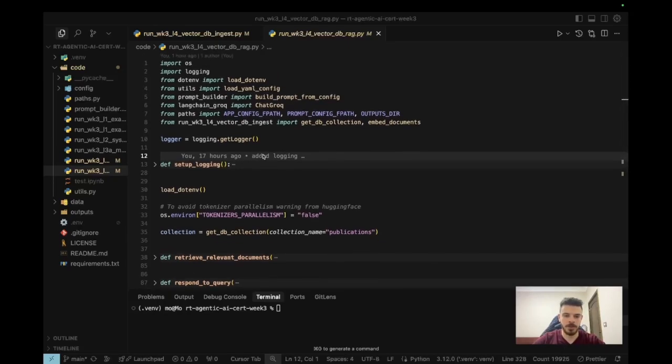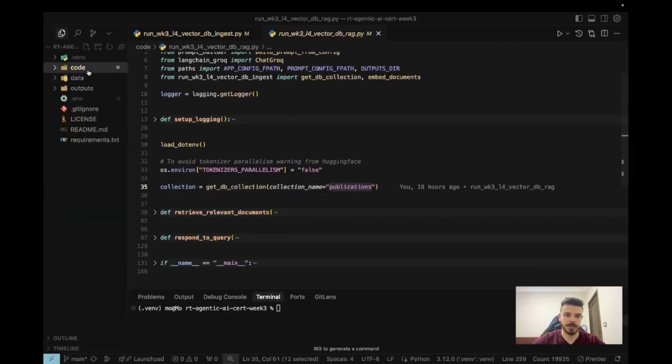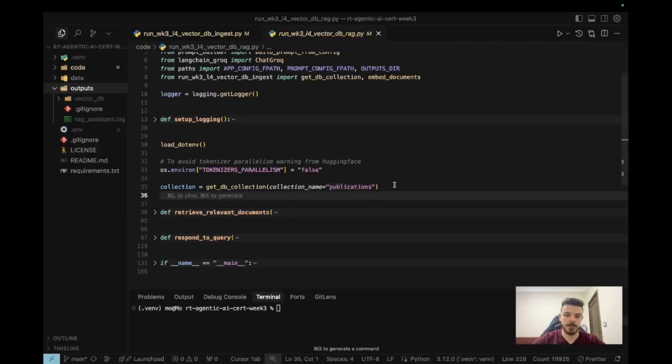So in order to do this, the first thing we do is we get the collection, which is called publications, which is inside our vector database here. And yeah, you see, this is why we needed the database to be persistent on disk, because this is actually another script that has to read data from disk. So we couldn't have done this if we used a vector database like FAISS, for example, which is an in-RAM